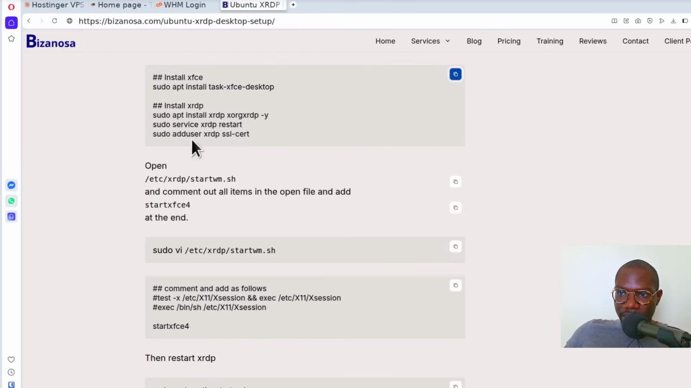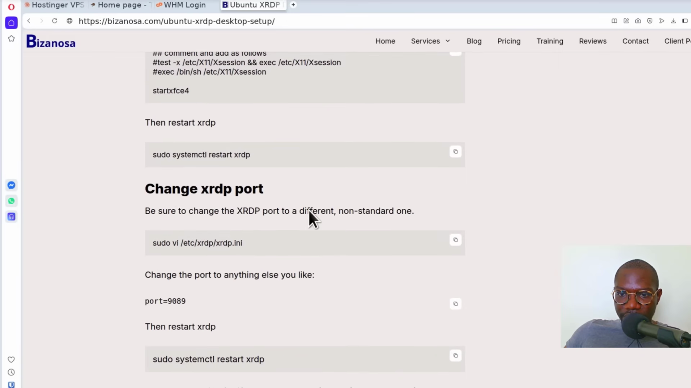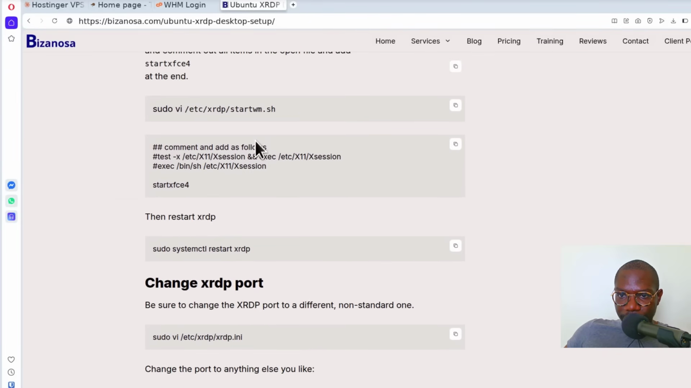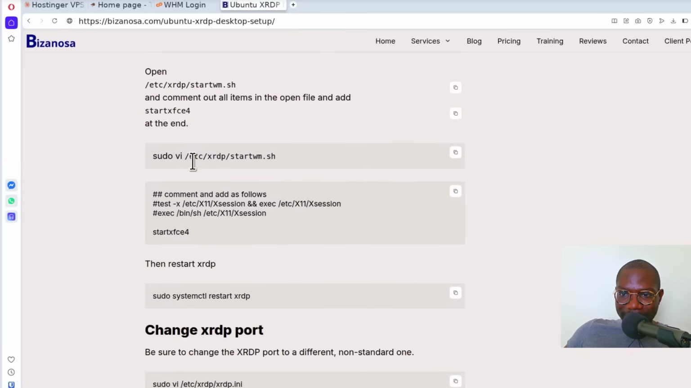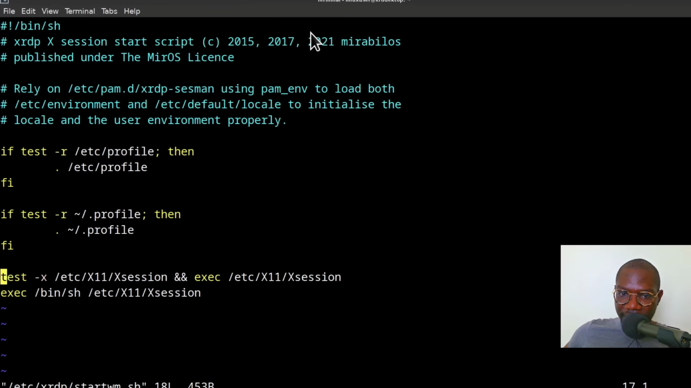So let's come back here. In a production situation, usually I'll change the XRDP port, but in this case, I'll just leave the default port. But first, let's make it so that it is known that our desktop environment is XFCE. So I will open this file, edit it, the last two lines, and that will be added at the end of the file. So press I to go into insert mode,